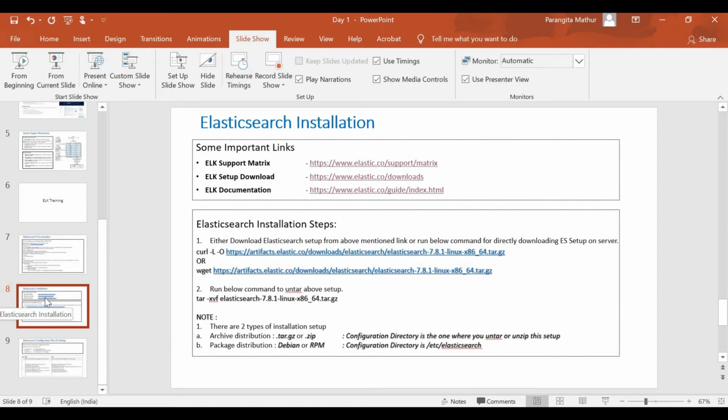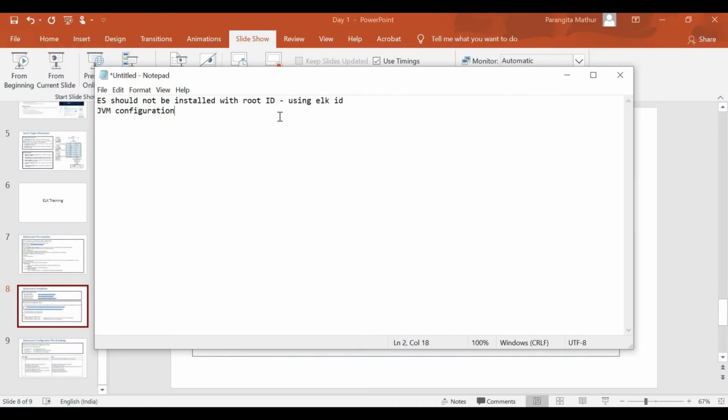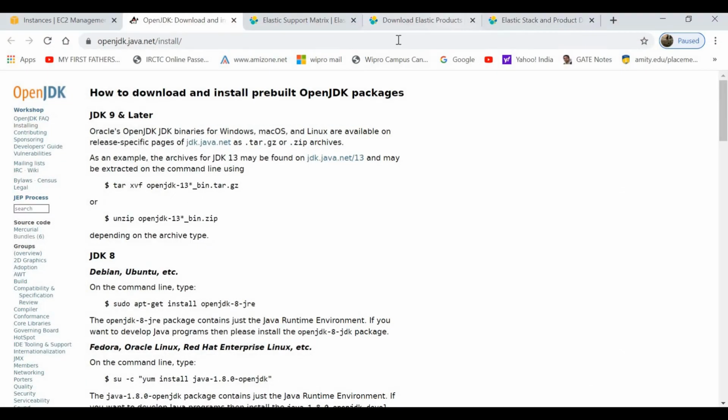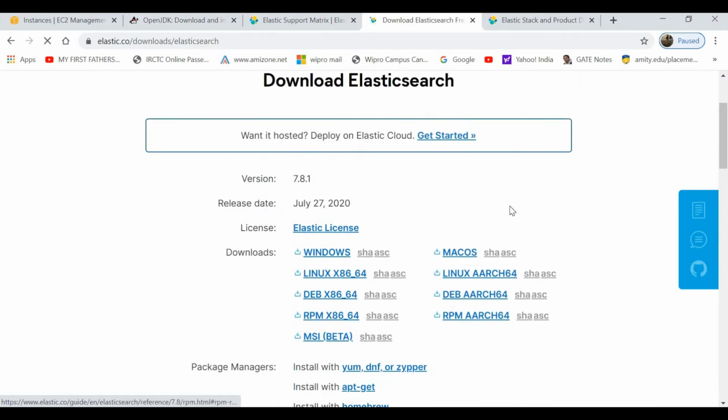Okay, now just before installing Elasticsearch, I want to discuss a bit more the kind of package that you can use and how they are different. Different kinds of packages are available. Now here all my links will come into use. I have this download link. If you go over here and click on download, you will find all of these are available. For Windows, you have the Elastic Windows setup, Mac setup, Linux setup, Debian is there, RPM is there. MSI is another setup which is in beta version, for Windows only, I guess. I have not tested it out yet. So all of these are already available. Once you click on one, it will get downloaded.